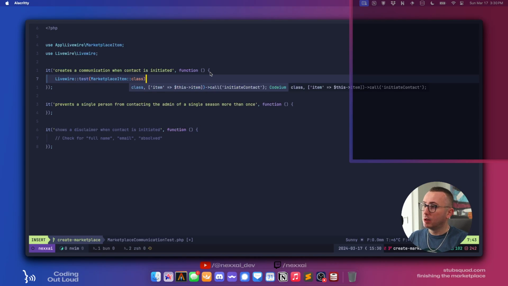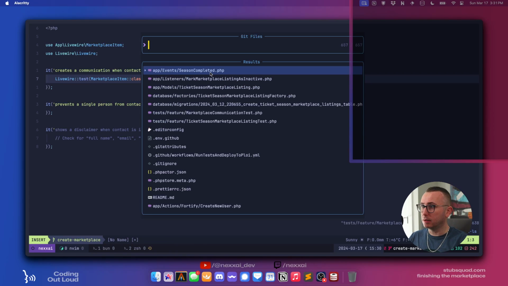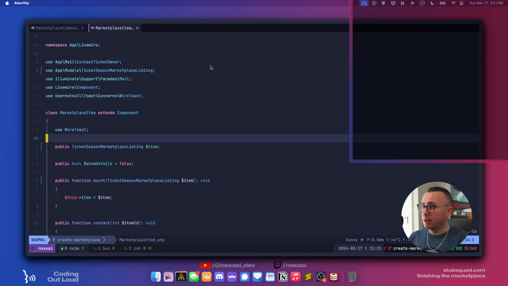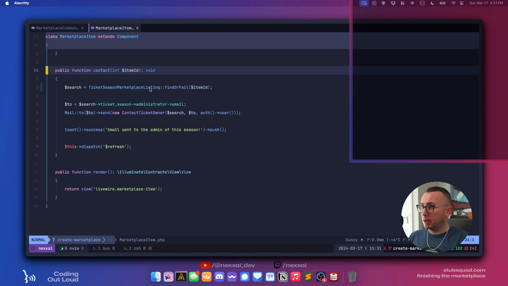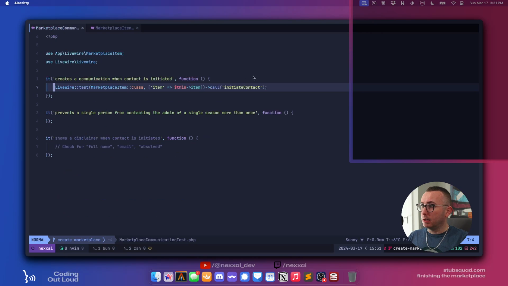I don't even remember if that's correct or not. Let's go market item. So contact, right. So we want to test marketplace item, this item, right.